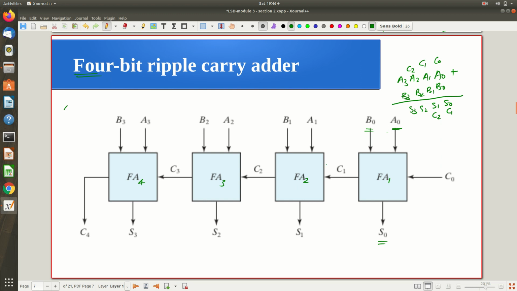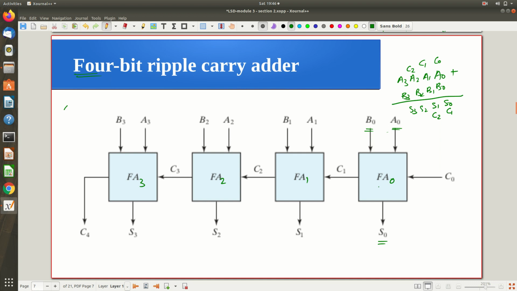Okay, so what I can do, for making it clear, is denote the full adders. Like full adder 0, full adder 1, so that it is somewhat easy for me to explain. This is full adder 0, full adder 1. That is a naming convention only, you can use it in any way, fine.